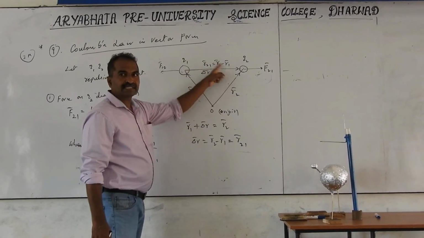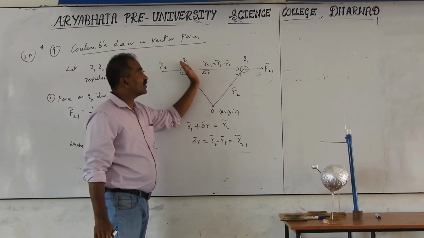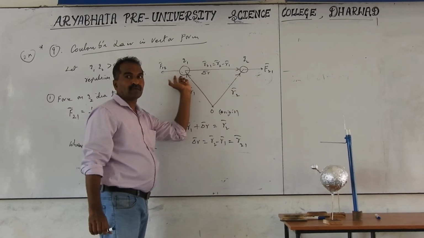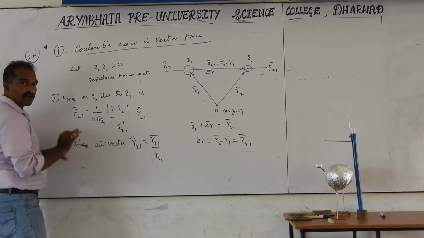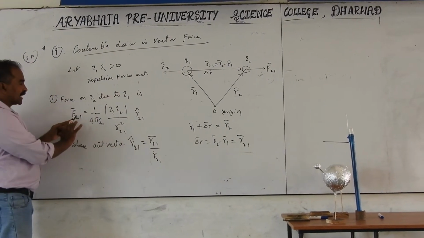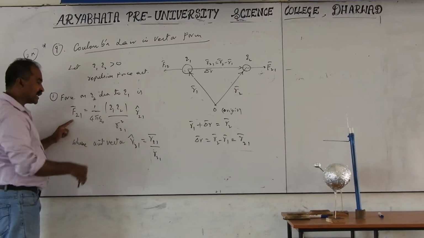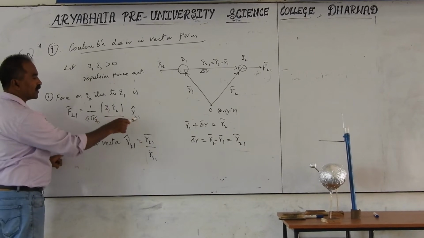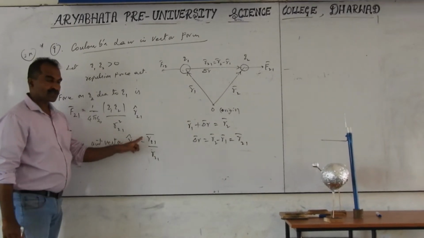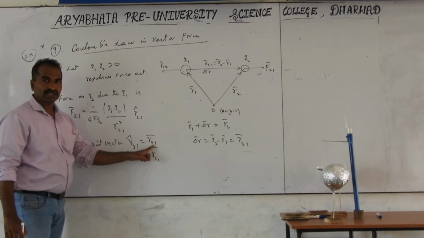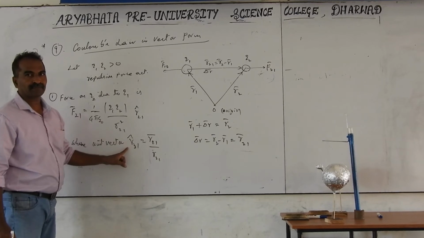The lengths R21 and R12 are the same. Whether you measure from left to right or right to left, the length is the same but the direction is different. Q1 to Q2 in one direction means Q2 to Q1 gets a minus sign. So R21 is the magnitude, and you have to remember the formula, as you will be asked only formulas. What is a unit vector? The unit vector along R21 bar is R21 cap equals R21 bar by modulus of R21. Without modulus means magnitude. A vector divided by its magnitude gives the unit vector.